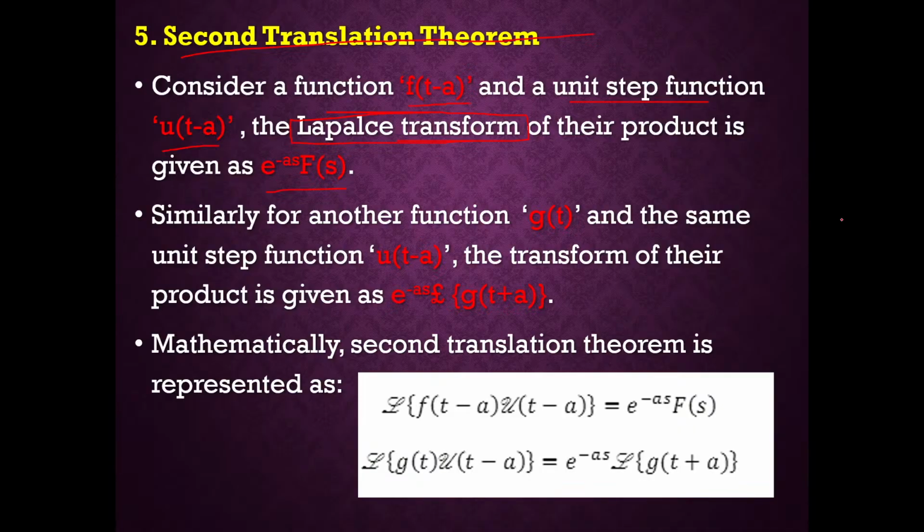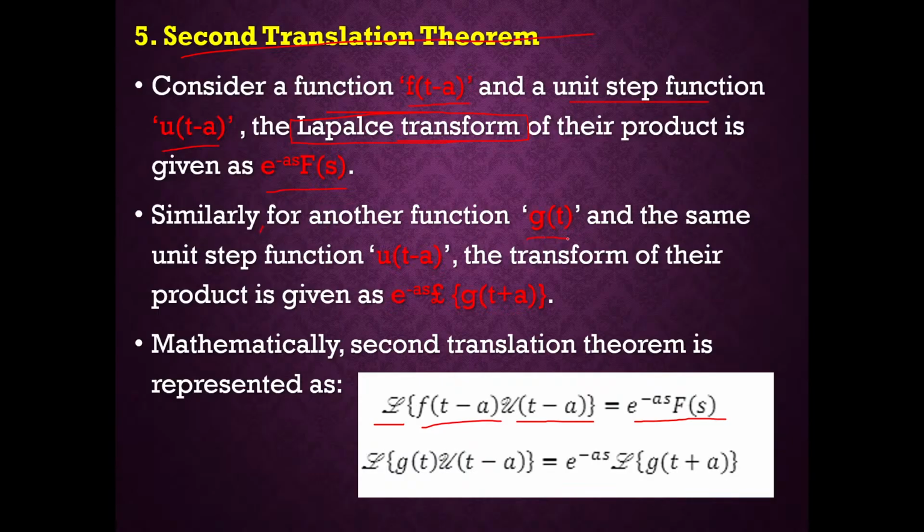And similarly that's what is here. You can see here Laplace of f of t minus a, u of t minus a. So whenever u is mentioned, that means it is the unit step function. Remember that u represents unit step function. So if you take the Laplace of f of t minus a multiplied with u of t minus a, then you will get e power minus as f of s. Similarly, here comma should be there.